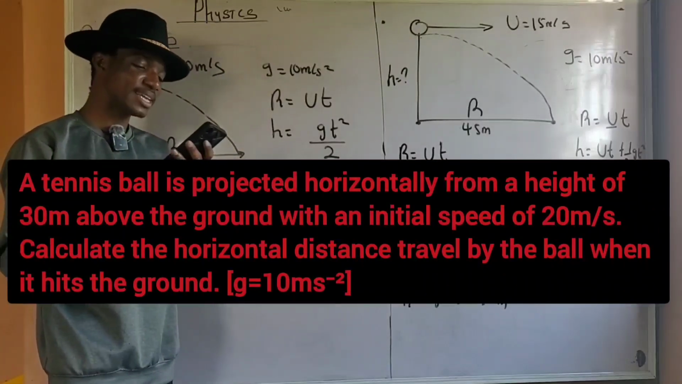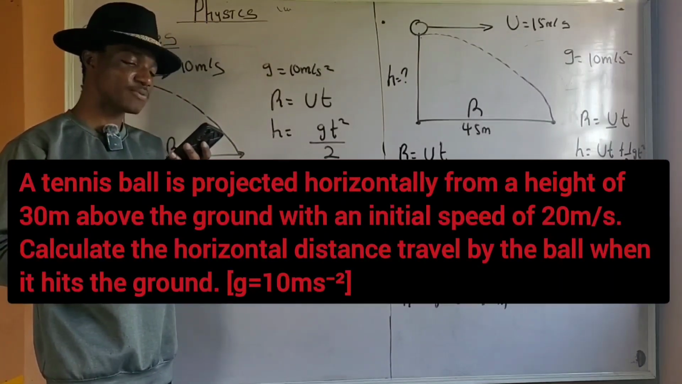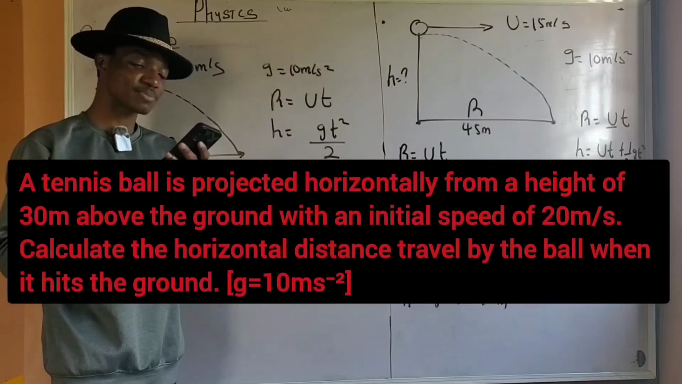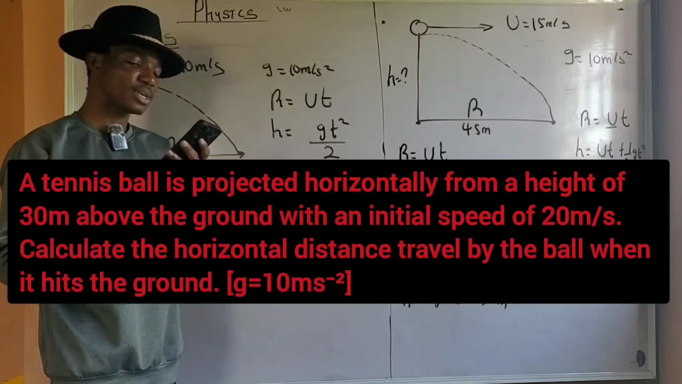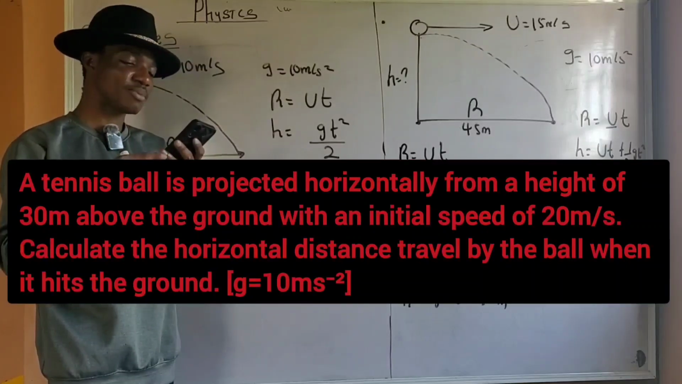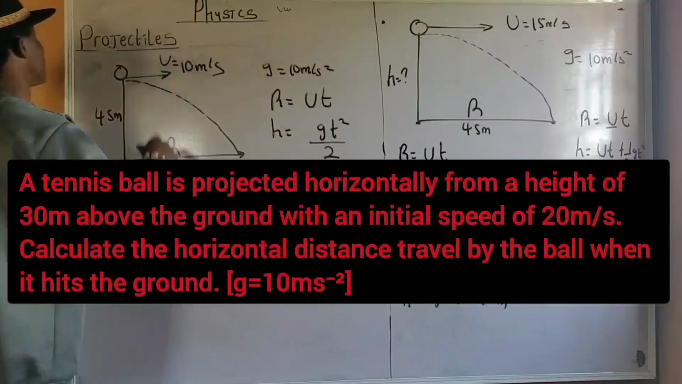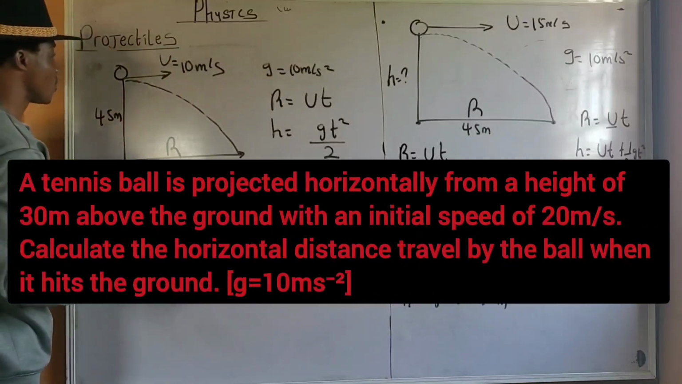Now, let's have one more question before I give you the question that you're going to attempt. A tennis ball is projected horizontally from a height of 30 meters above the ground with an initial speed of 20 meters per second. Calculate the horizontal distance traveled by the ball when it hits the ground. Pause this video, attempt the question, then when you are done,